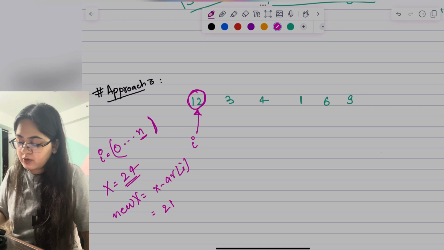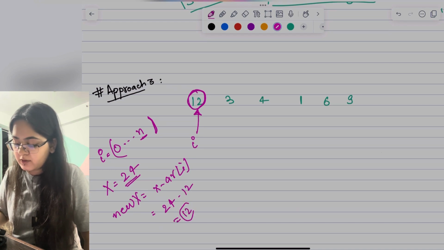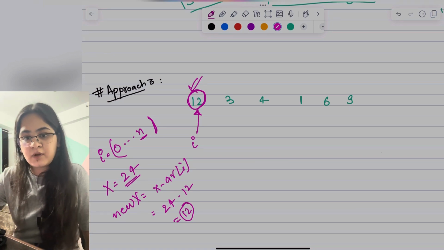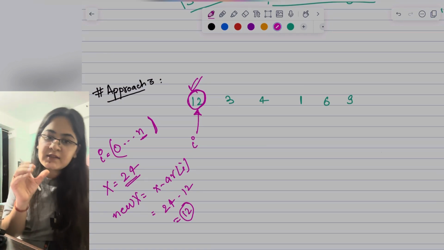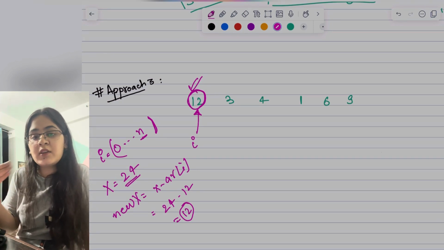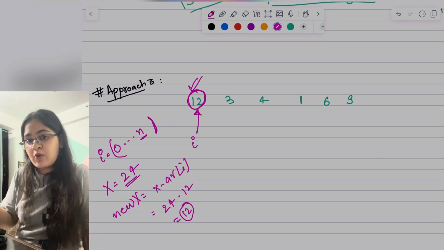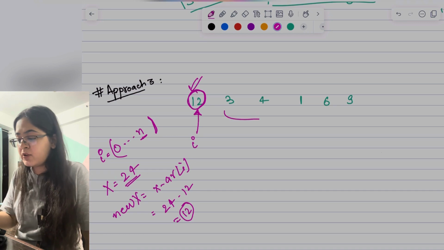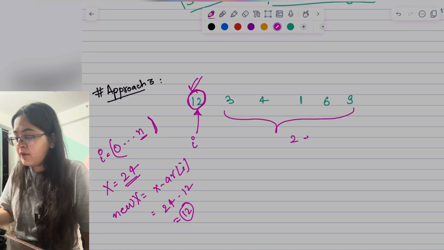Okay, so 24 minus 12 would be 12. So I'm assuming that this element is already part of the triplet. For every element at index I, assume that it is already part of the triplet. Now you have to find the other 2 elements whose sum is equal to the new x. So for the remaining part of the array, you have to find 2 elements